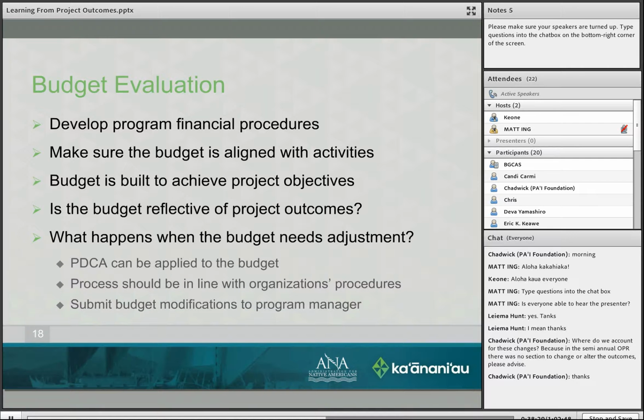Now, prior to this super circular, it was okay for you to move 25% of your monies within that year around in your budget without necessarily needing your program specialist's approval. Of course, you should always let your program specialist know that you're going to move around money. Okay, so